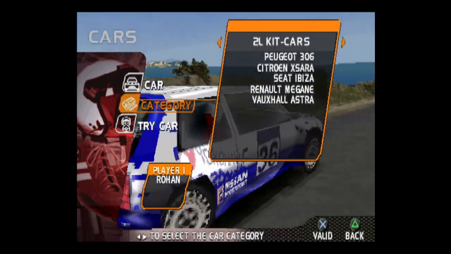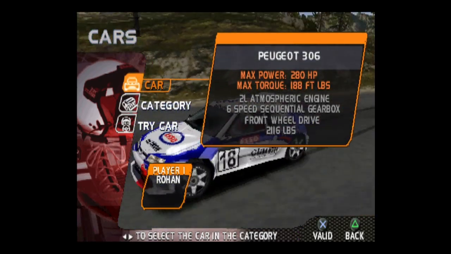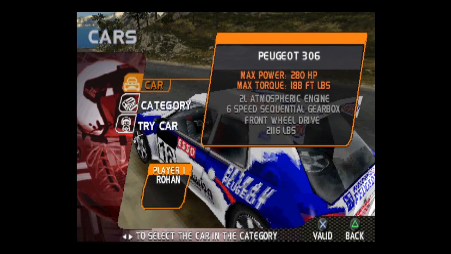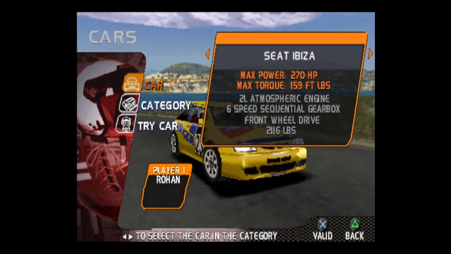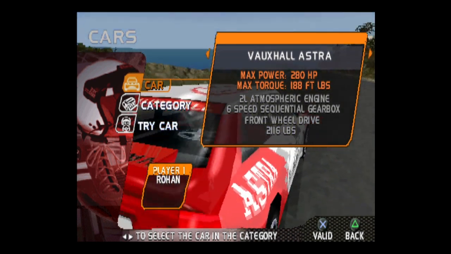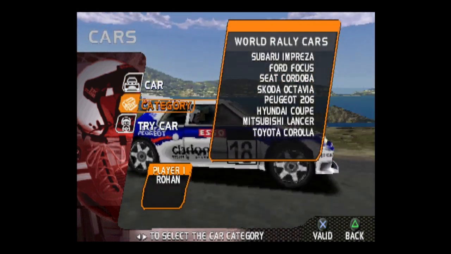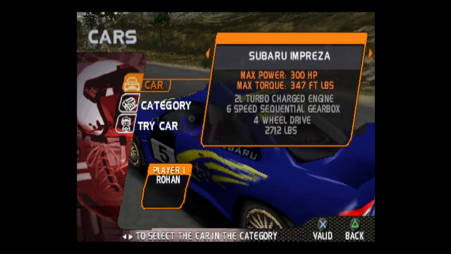Then you have the 2-liter kit cars. This is a very fun category back in the day. Again, only front-wheel drive, but these things are powerhouses, especially on tarmac. So the Peugeot 306, the Citroen Xsara, the Seat Ibiza, the Renault Megane, the Vauxhall Astra, that's a pretty cool one, and that's it. And then finally we have the World Rally cars, the 4-wheel drive, 300 brake horsepower, WRC